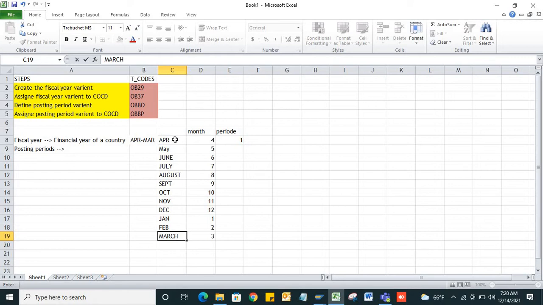See here, April is in the posting period variant. April is the 4th month in the calendar year, but coming to our fiscal year, April is the first period. Don't be confused, just follow this table.